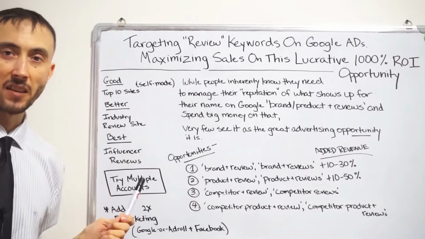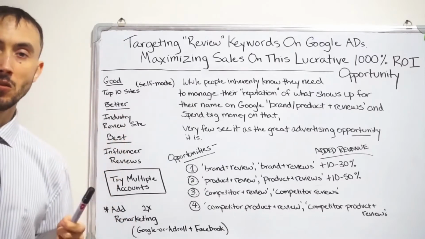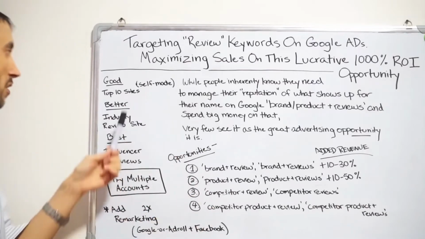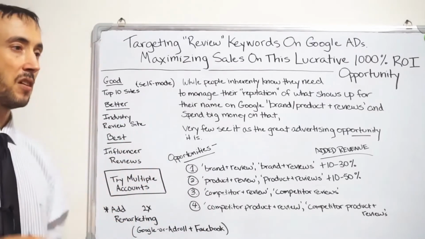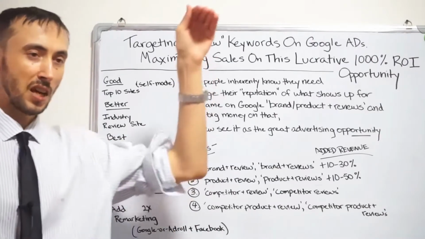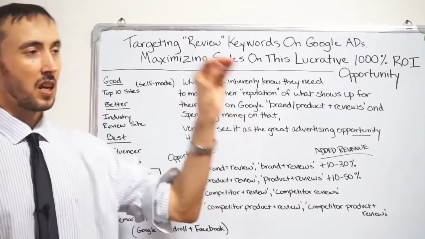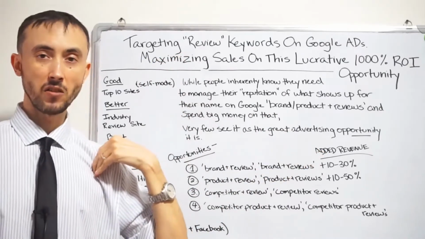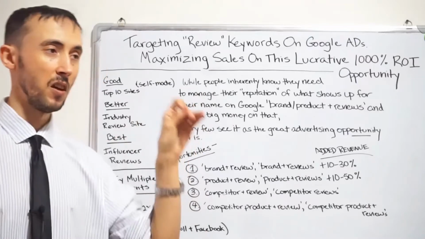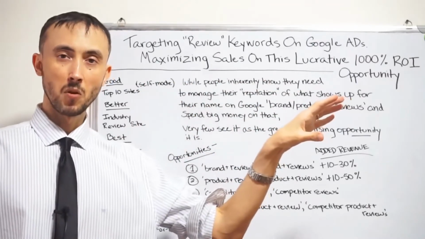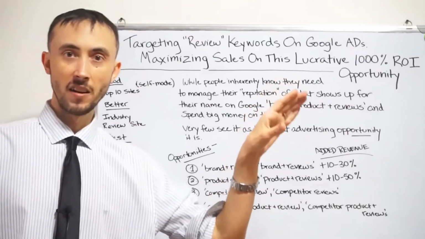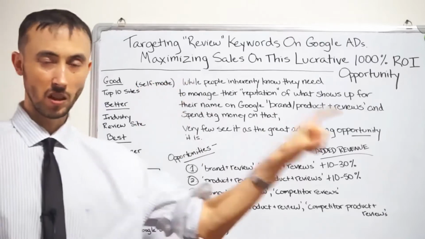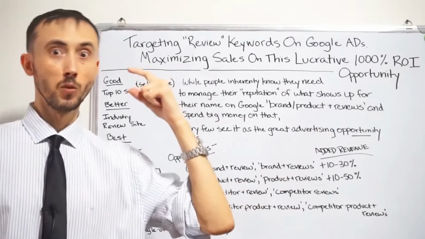So there's good, better, and best here. I'm not recommending you do good, but you technically could get it to work in a lot of markets. The good is, I'm sure you've seen it many times, affiliates often use this, where they'll use a top 10 list. They'll make a website, and it'll be like top 10 mattresses. The person selling the mattress, the one mattress brand that they have, will put their own mattress as number 1. So it's kind of gray area stuff, right? And then 2 through 10 is the competitors, and they're hoping that people will just click through on the first one, and then they'll think, oh, it's rated number 1.